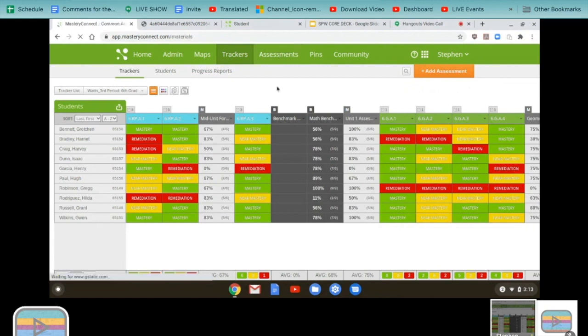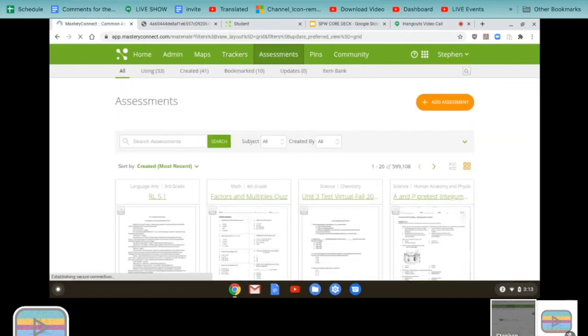So let's go ahead and shift gears away from trackers and how we navigate them and what they look like to talking about assessments. So there are 4 ways that we add assessments to MasteryConnect. The first one is item-based. I'm sure some of you may be familiar with that if you've been toying around in the system already. The second way that we do that is